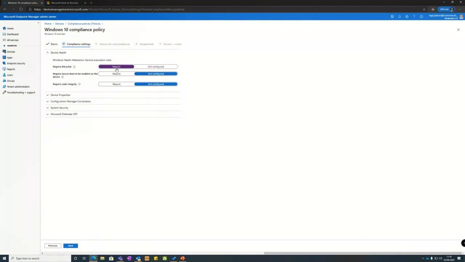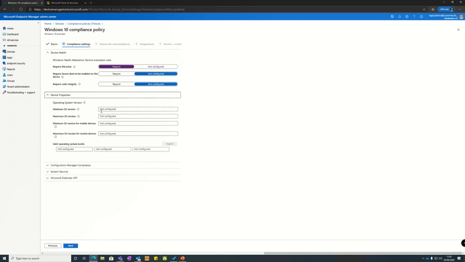and BitLocker isn't enabled on their device. They've been given a new machine, or they're trying to take their own machine, and BitLocker's not turned on. They're trying to log in. We're saying, well, hang on a minute. We need to make sure that if you're going to be accessing corporate data on your machine, you've got encryption turned on your hard drive. So we want to make sure that BitLocker is turned on. And if someone's trying to log in from a machine where it isn't turned on, we're going to flag that as a non-compliant device. So lots of different settings that we can do here: require secure boot, require code integrity,